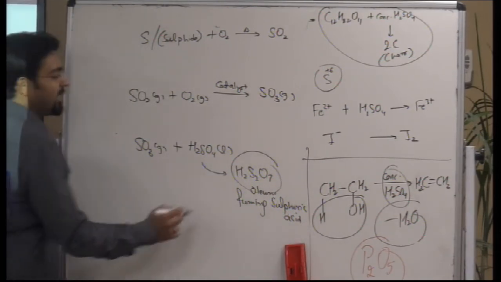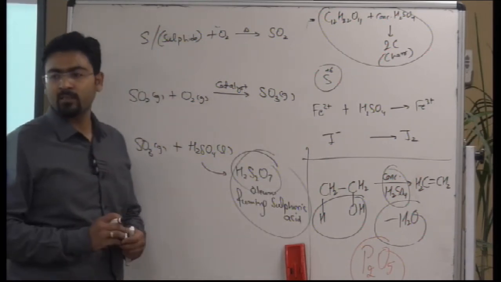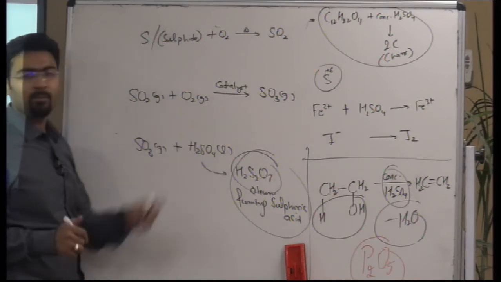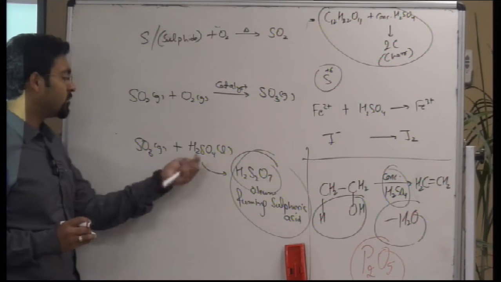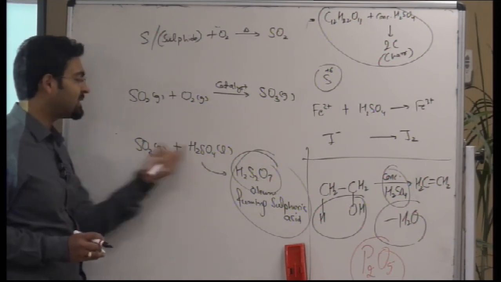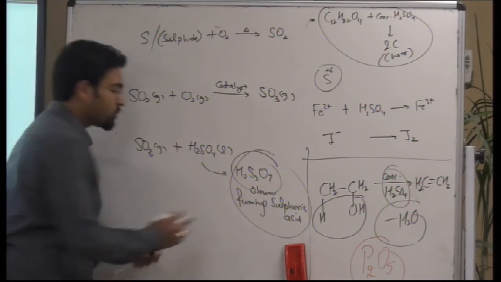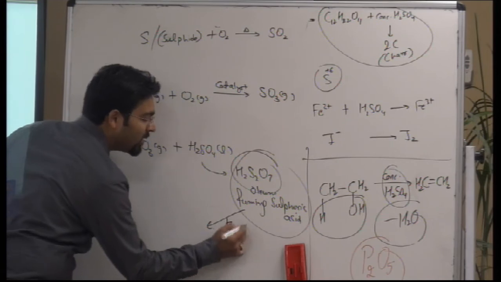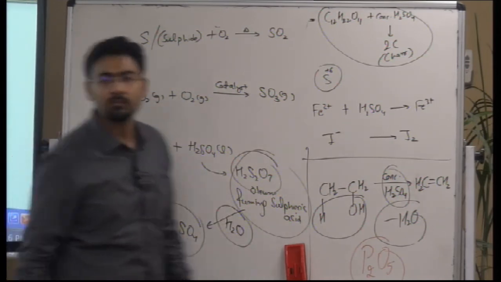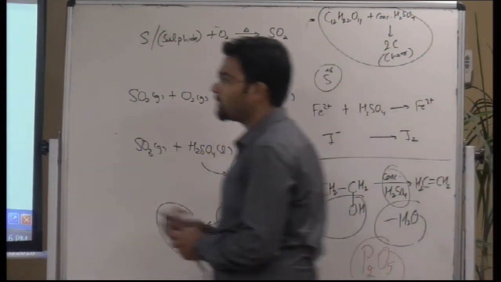So the advantage of forming oleum or fuming sulfuric acid is that the transportation of sulfuric acid becomes easier, and removal of SO3 from the chamber is easier, because this SO3 gets absorbed in sulfuric acid. This is a gas, this is a liquid. This gas gets absorbed and forms oleum. So in this oleum, if I add a calculated amount of water, I'll be able to produce pure sulfuric acid. So the oleum can be treated as a mixture of H2SO4 and SO3. They remain in equilibrium because